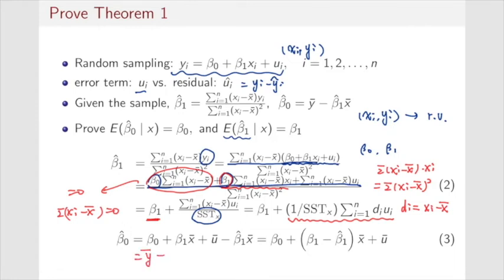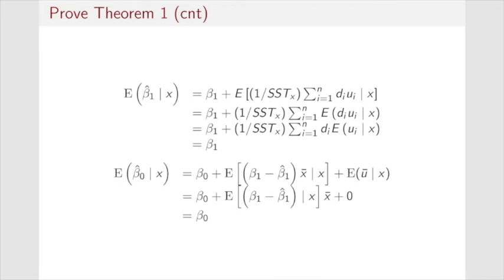Similarly, beta 0 hat is equal to y bar minus beta 1 hat times x bar. This y bar is equivalent to beta 0 plus beta 1 times x bar plus u bar. And we put this x bar together, then we have the simplification for the formula for beta 0 hat. Given these two simplified formulas for beta 1 hat and beta 0 hat, we take expectations of beta 1 hat